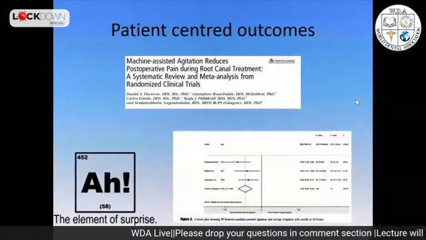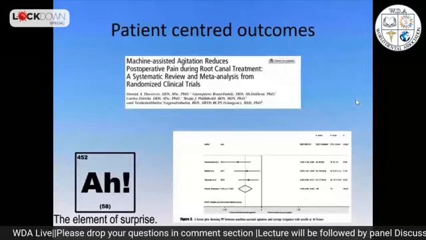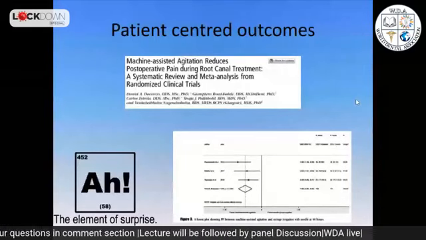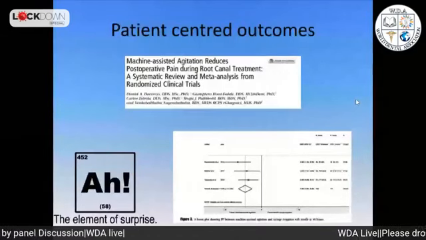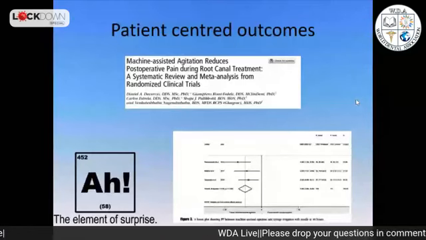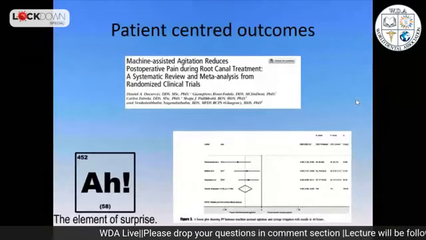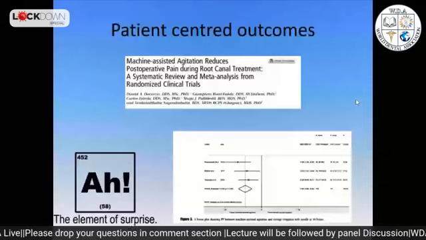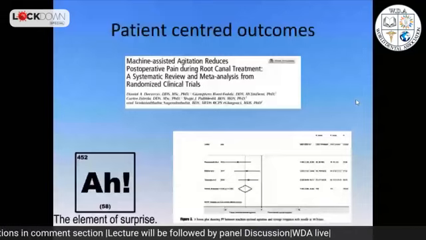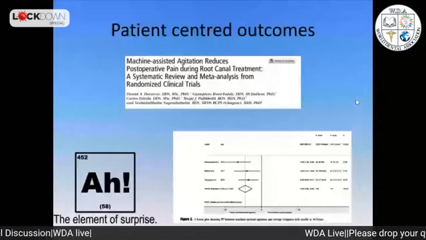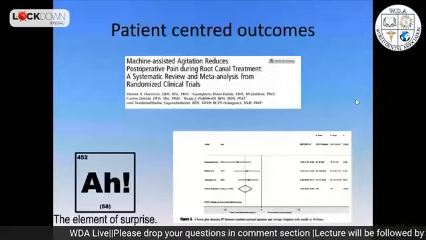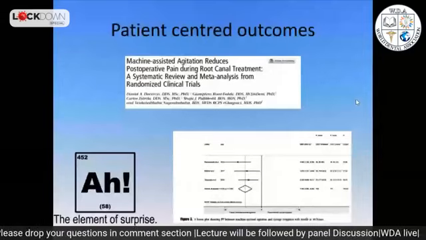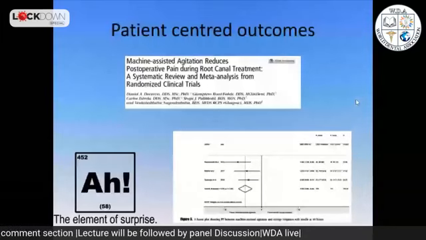Now, we have a systematic review with analysis where we saw what happens in terms of patient-centered outcomes if you agitate. And we were quite surprised that we have quite a consistent answer, where most papers told us that if you agitate, you will have less post-operative pain. So there are different levels. There is the microscopic level, and then there is the larger one, the pain, the patient-centered outcome. So we always need to look at the different levels when we are treating patients.